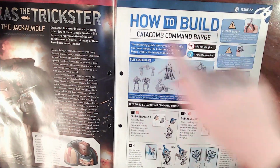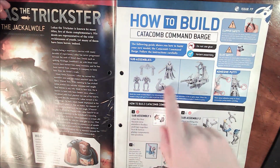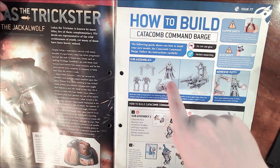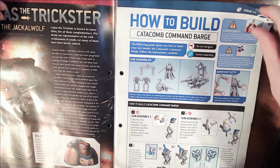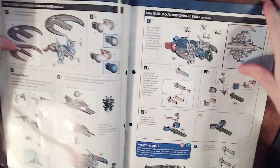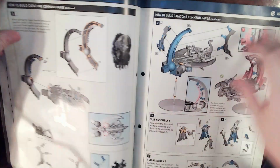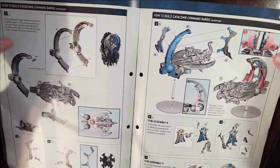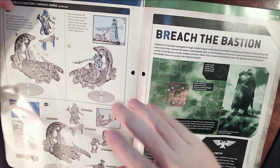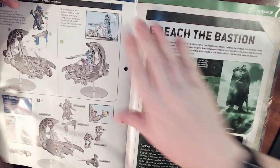Anyway, let's go to how to build your Catacomb Command Barge. It shows you the sub-assemblies, including that of the Overlord. Again, if you want the Overlord by himself, you can just put him on that 32mm base. We got how to build each sub-assembly, how each sub-assembly goes together. And of course, we only have one part of the sprue currently. We'll have to wait until the next issue, which is part of the same pack ultimately, to actually fully assemble